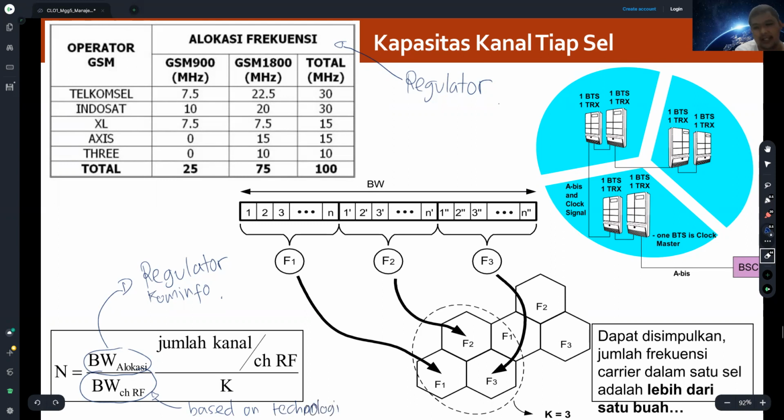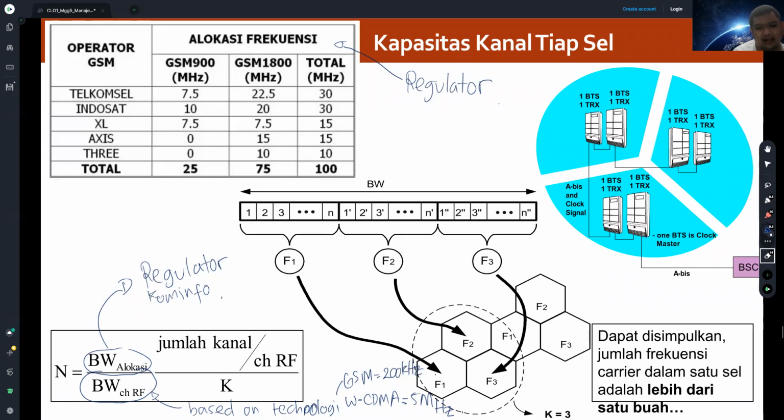For example, if we are talking about GSM, the bandwidth of the GSM for each user is 200 kilohertz, right? And if we are talking about wideband CDMA, WCDMA, I think it's around 5 megahertz. It's a channel. So it depends on the generation. Which generation you use, which bandwidth? Each generation usually uses a different bandwidth.